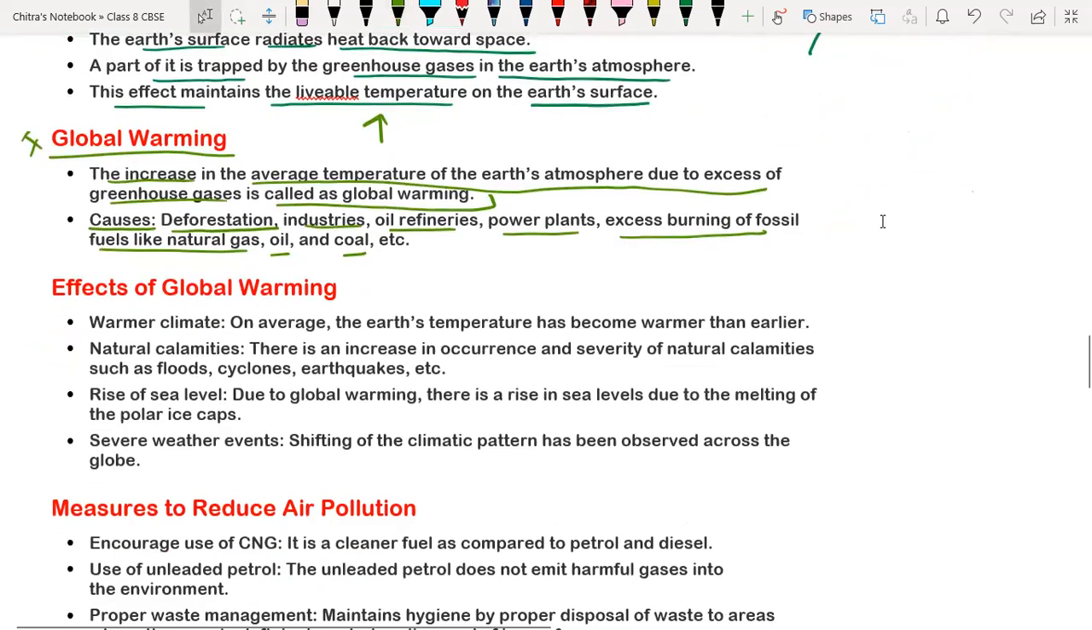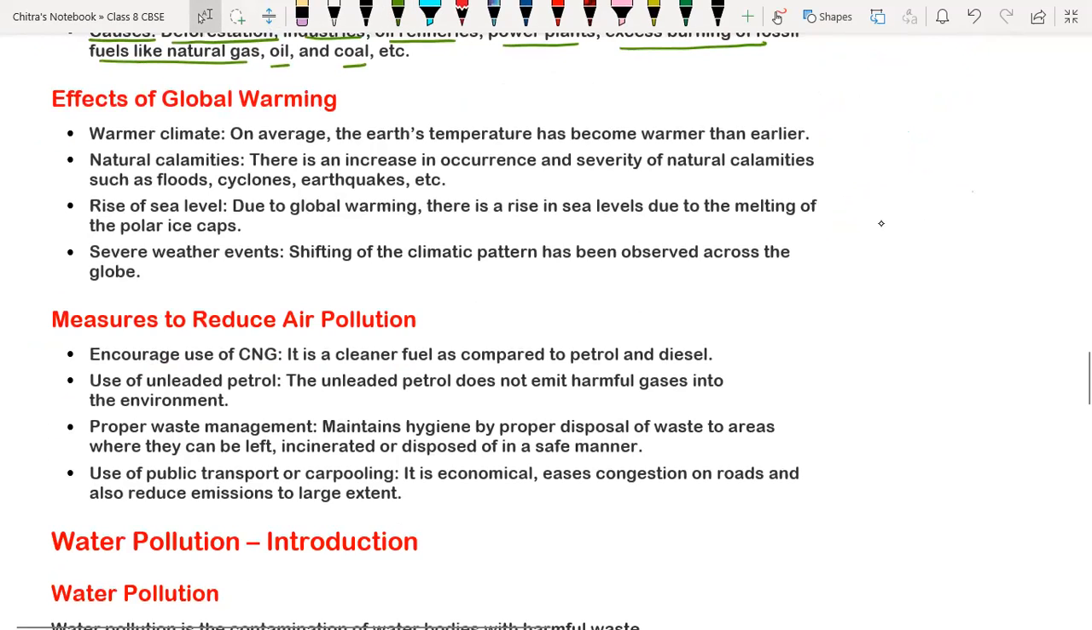Now we have to understand what the effects of global warming are. First, it warms the climate. On average, the Earth's temperature has become warmer than it was earlier. Natural calamities: there is an increase in the occurrence and severity of natural calamities such as floods, cyclones and earthquakes. Rise in the sea level. See, we know that most of the water. Earthquake, sir. See, what happens generally? Cyclone,